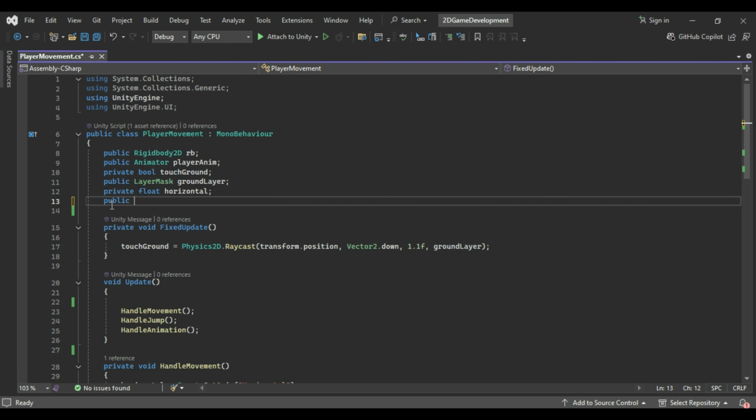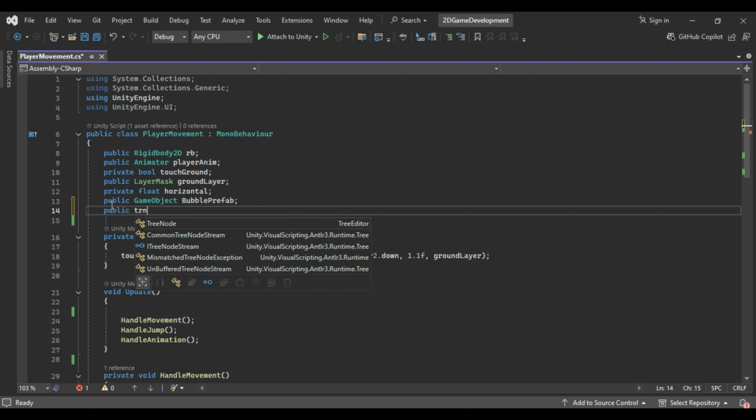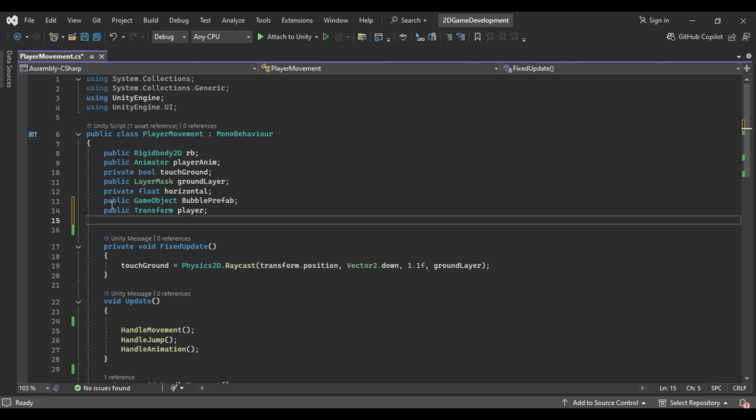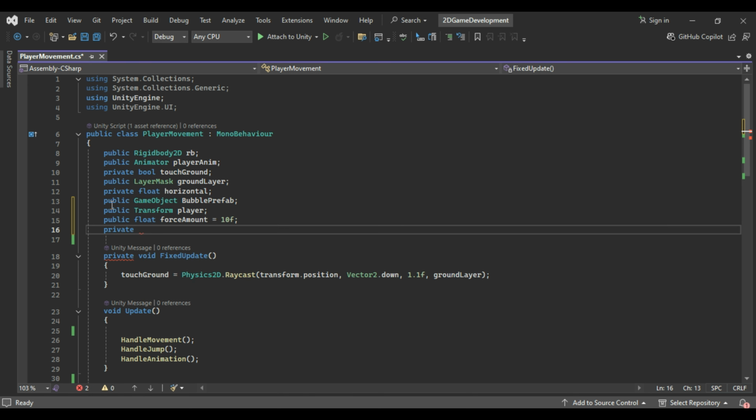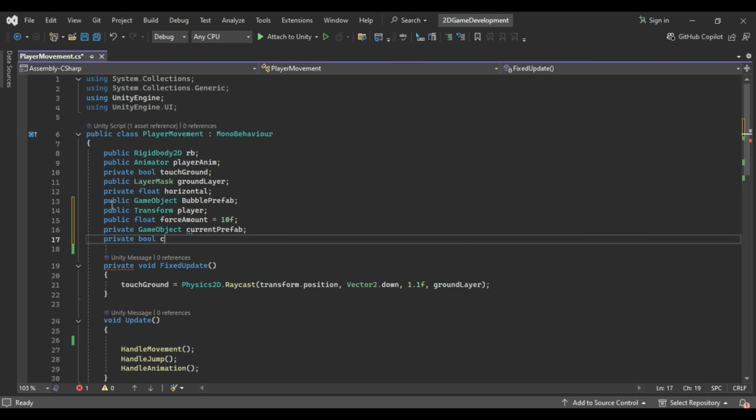This code sets up a system to spawn a bubble prefab at the player's position. The prefab variable holds the bubble while player stores the player's position. When a bubble is spawned, it is assigned to current prefab. The force amount controls how much force is applied to the bubble, and can spawn ensures that a new bubble